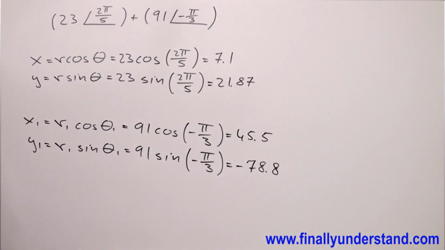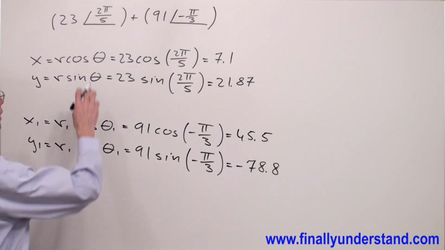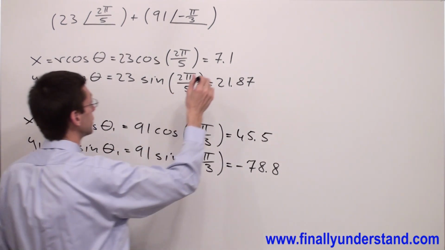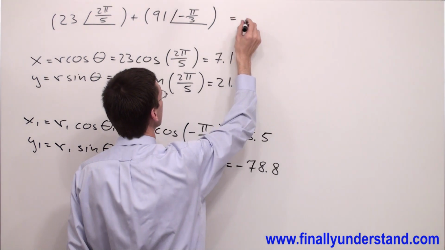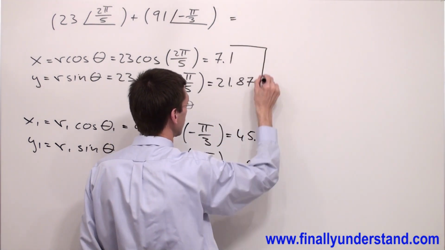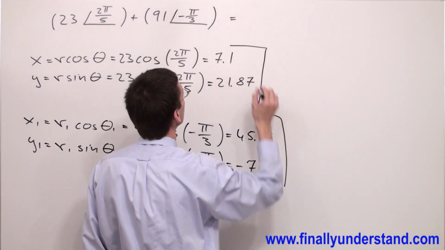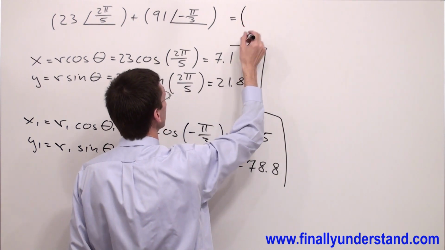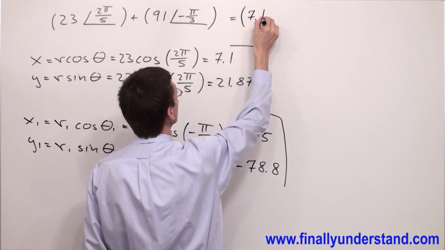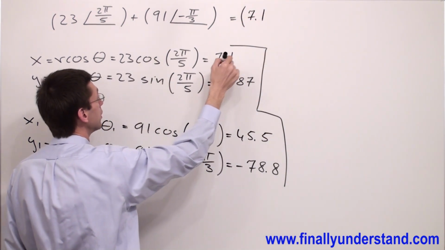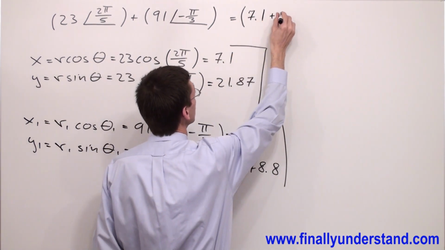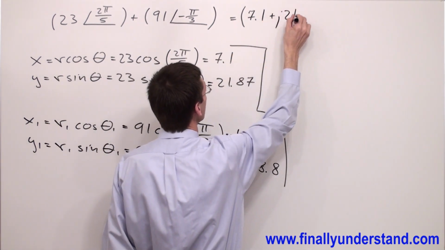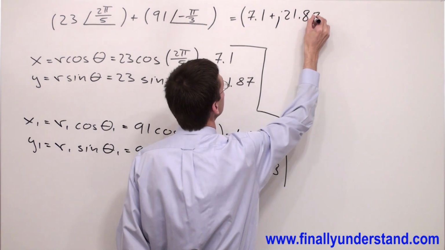So I can rewrite this expression as open parenthesis, I have 7.1 plus j 21.87